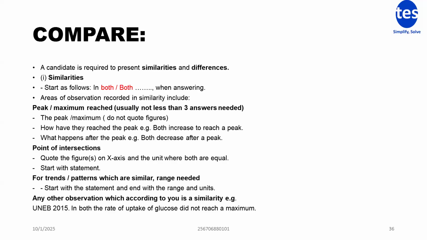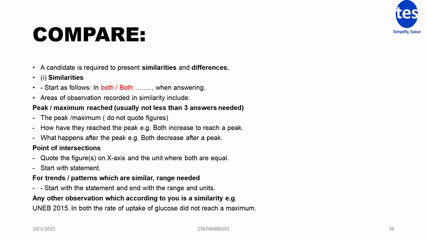For example, we can check UNEB 2015. In both, the rate of glucose uptake did not reach maximum. Before I answer the question, let me first finish this. When you see 2015, I know most people hurry to put that it attains a maximum. Like I said earlier, when it increases, then levels off completely, we say it has attained the maximum. But when we check 2015, if someone has a question bank, that year it didn't reach a maximum